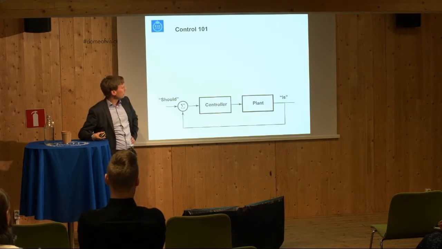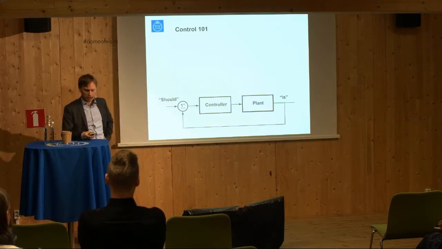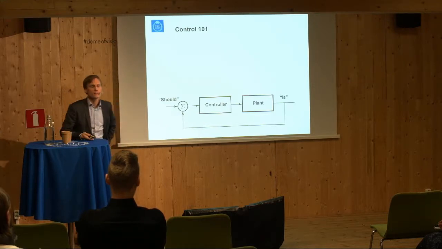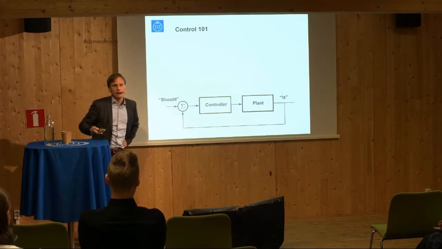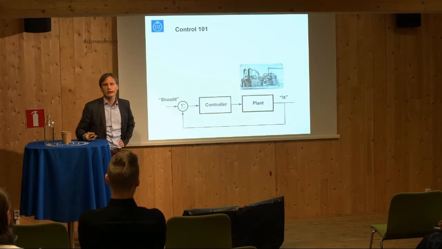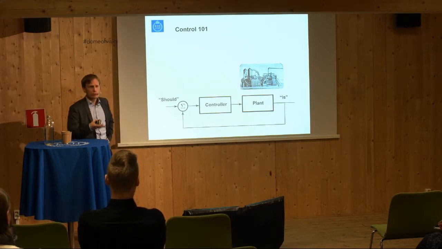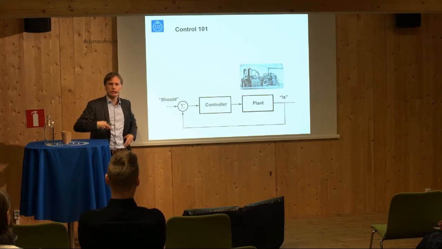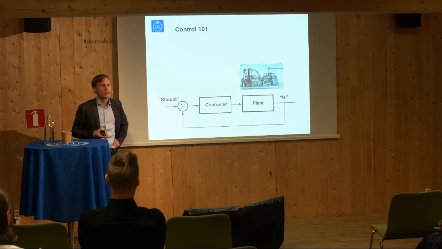And feedback, at least in our field, is often illustrated by means of a diagram, what we call a block diagram. And the object we would like to control, or whose behavior we would like to change, is what we call a plant. So in the old days, a plant could, for instance, be a steam engine in a factory. So go back to the 19th century. What would you like to control there? Well, for instance, we could imagine that the speed of revolution of the steam engine is something we would like to be constant over time.